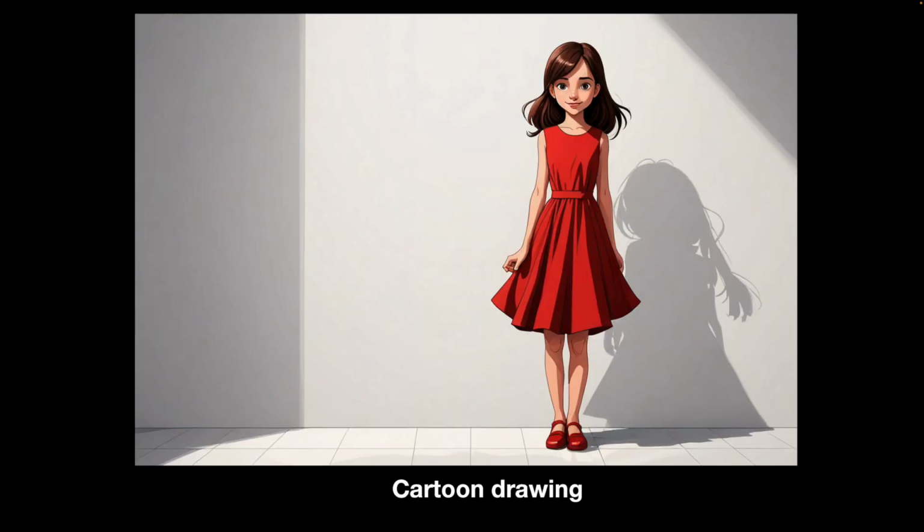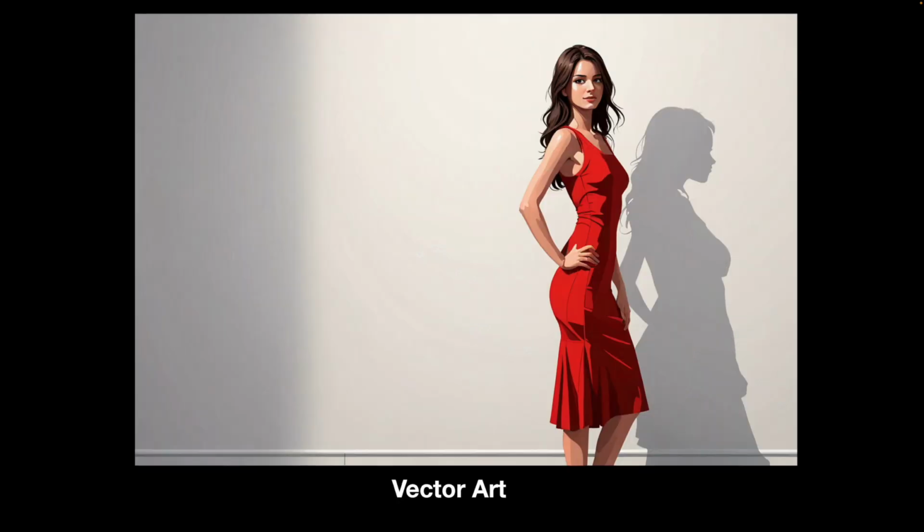Cartoon drawing, we get a bit of a stronger reaction from this, and a very funky shadow. So this is a change of style here, I suppose. But the outlines are nice and crisp. So cartoon is quite a strong style point. Vector art is fairly strong as well. It produces quite nice, crisp tonal shapes, which I think could be useful in certain circumstances.